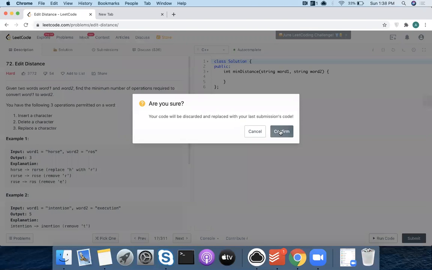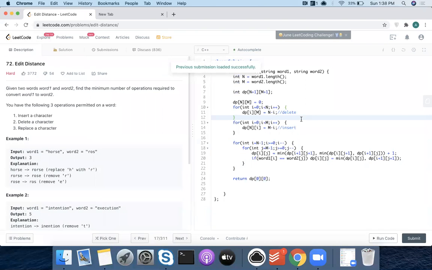Let's see if my code is there. Yeah, so that's it. This is how you solve such types of problems. A few things that you will see: my dp should be n plus 1 by m plus 1, depending on how you solve it. Now these are my base conditions, i, m and m. My state is a little different than yours.